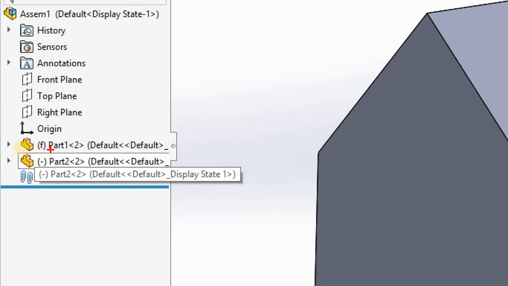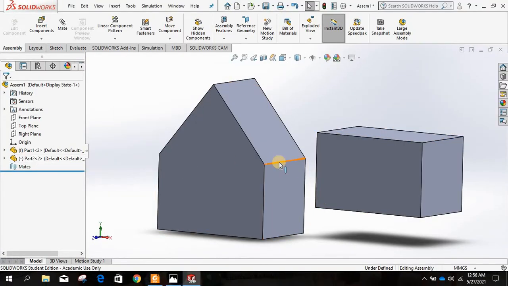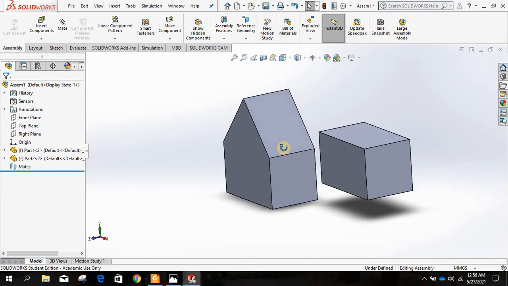So usually the fixed part is the base part, meaning that it will be fixed at one location, and the rest of the parts will come to the base part, meaning come to the mother, something like that. So how can we make a simple test?